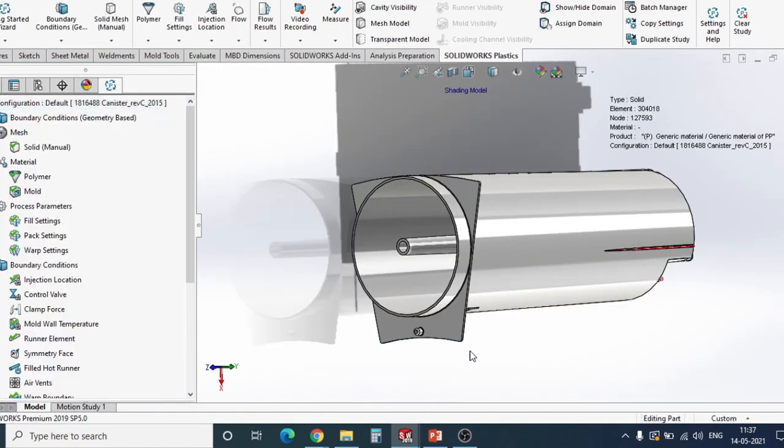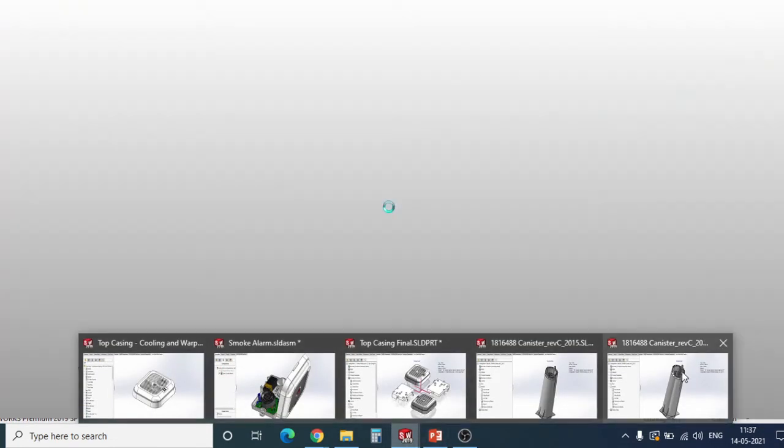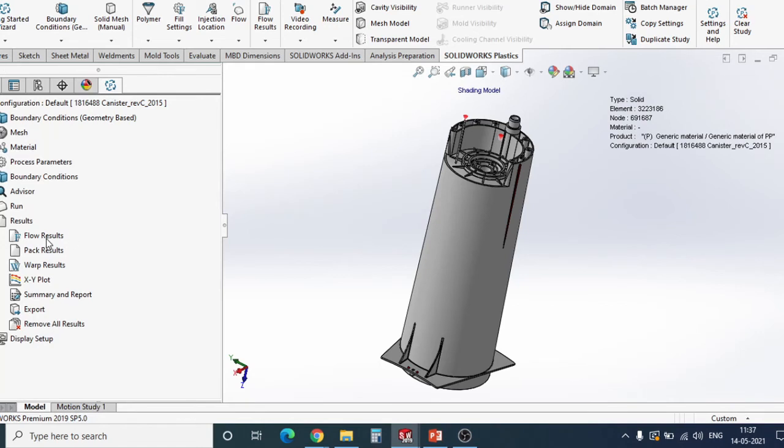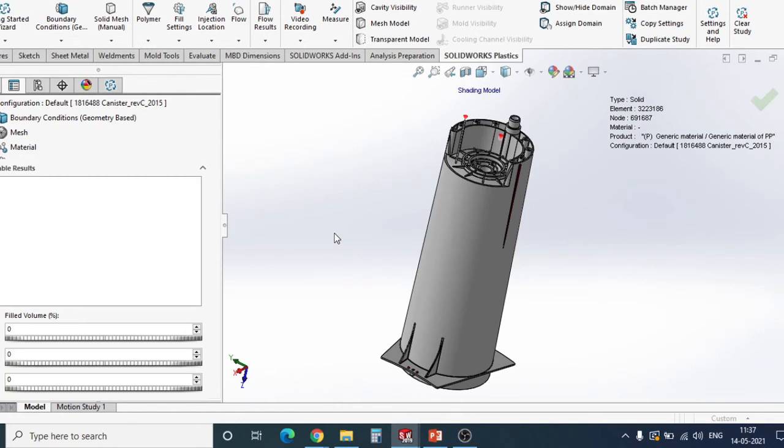So let me go to another configuration or another model in which I have used 2 runners here at equal locations. Correct? Rest all the conditions are same: the gravity settings, the material, the mold, right? The ejection pressure, etc. Only I have changed from 1 gate location to 2 gate locations. And then we can check whether the warpage at that internal portion is either increased or decreased.